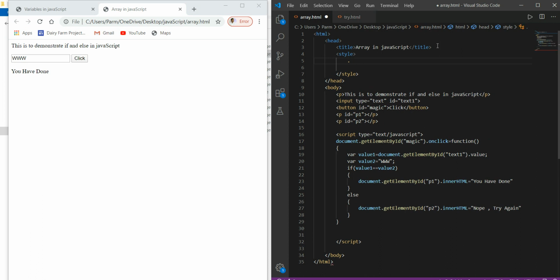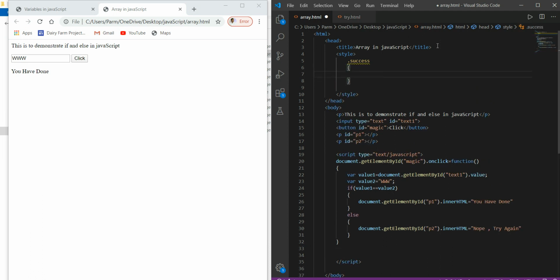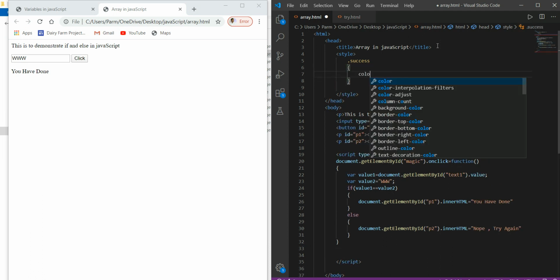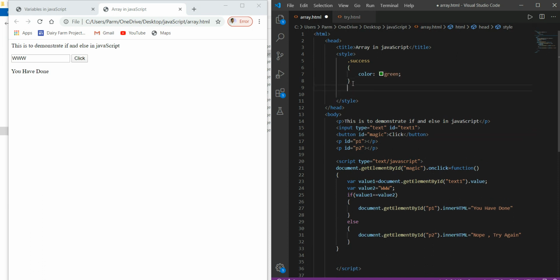In order to create a class we use the dot symbol, and here we write success. In this case we want the color green. Similarly we will write another class, say fail.